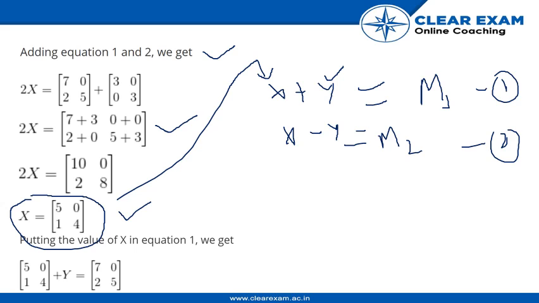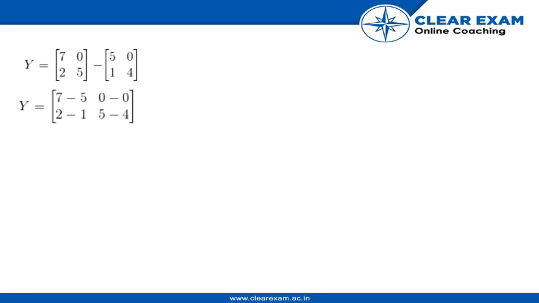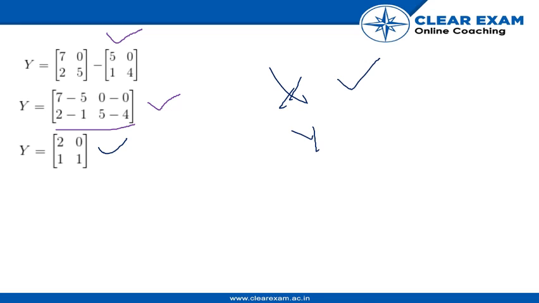Yeah, they have put the value of x in equation 1 and they are trying to find out y. To find y, first we have to rearrange the terms. We have to transfer this matrix to the RHS. So moving to the next slide. Yes, they have done the same thing. They have transferred this matrix from the LHS to the RHS, and finally we get y is equal to this matrix. Let us simplify the matrix on the right hand side, and our final answer is this. So we got our x, we got our y.